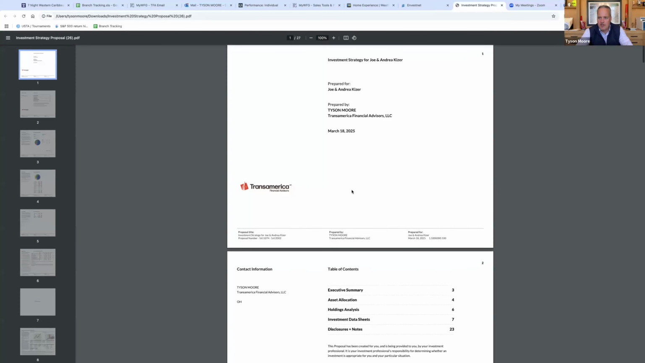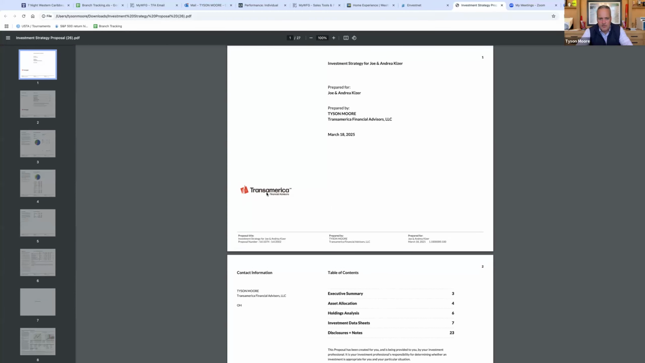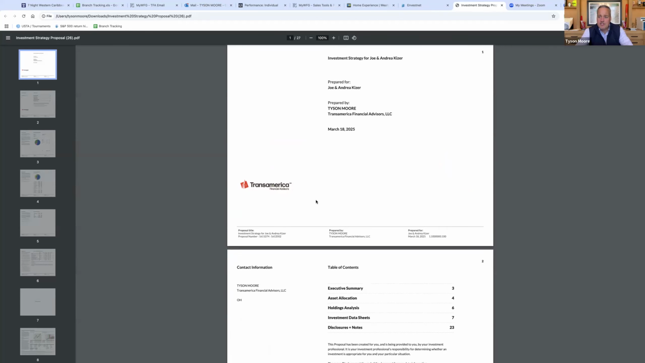So I open up a PDF. Are you guys seeing the PDF now? It's got our new Transamerica Financial Advisors. Who knows how much time and money we spent to have a little different looking pyramid, but that's above my pay grade. So this is something we've never had with Goldman Sachs, which is we've never had a document that